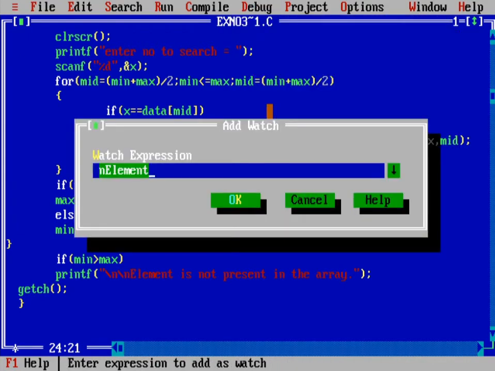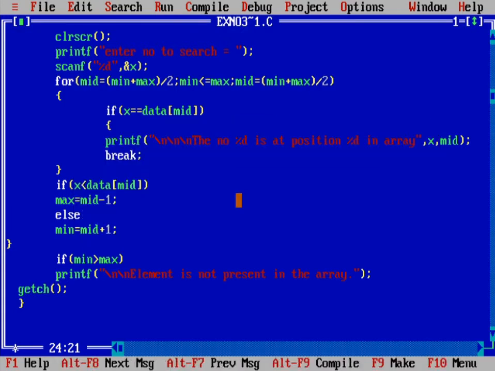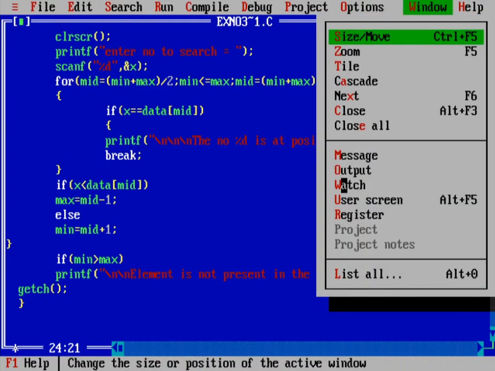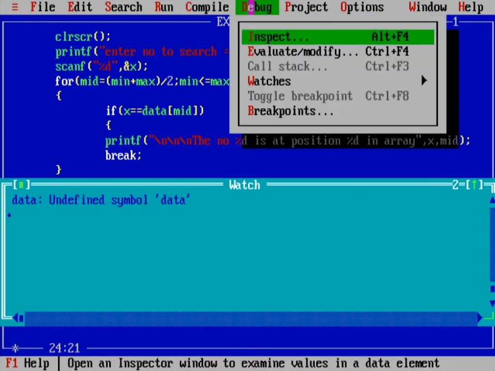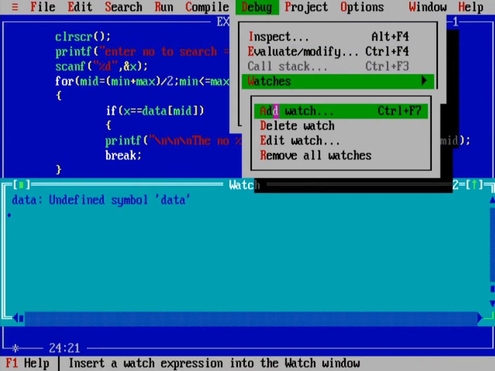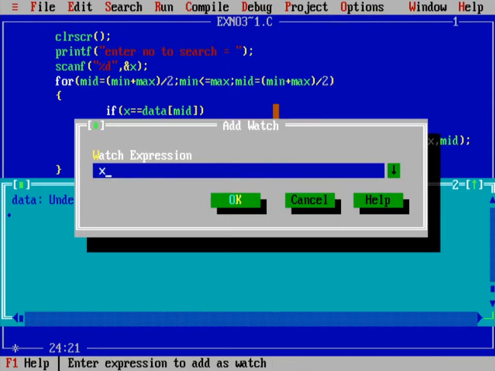We are going to add a watch for every input. First is our data, that is our array. After that add, and you can see the data watch in the watch window. Next watch is for our input variable x, into which we are going to store the number to be searched.